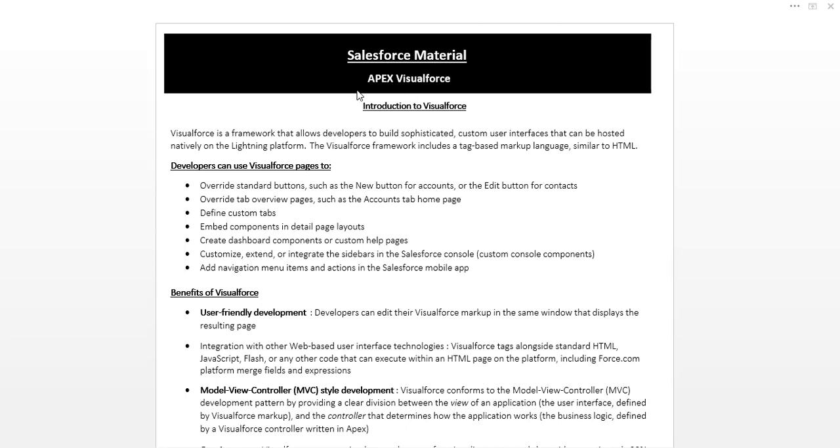गुड इवनिंग फ्रेंड्स। आज हम सेल्सफोर्स अपेक्स विजुअल फोर्स के बारे में थोड़ा सा डिस्कस करते हैं कि क्या टॉपिक होता है और विजुअल फोर्स यूज करने के क्या बेनिफिट हैं। इंट्रोडक्शन ऑफ द विजुअल फोर्स।